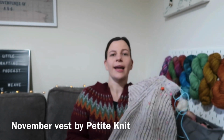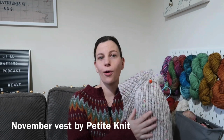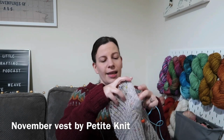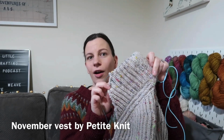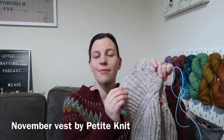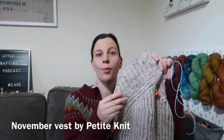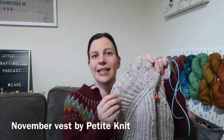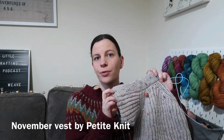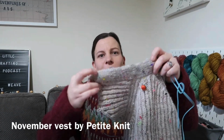And this, as it's a Petite Knit pattern, also has a lot of accompanying videos, which is perfect. For this section up here, I got very confused about how to pick up the stitches, and just watching the video made it really clear. I kept pausing and repeating sections just whilst I was actually doing the knitting to figure out what I needed to achieve. It also features a double knit brim, and I haven't done double knitting before, but I found it